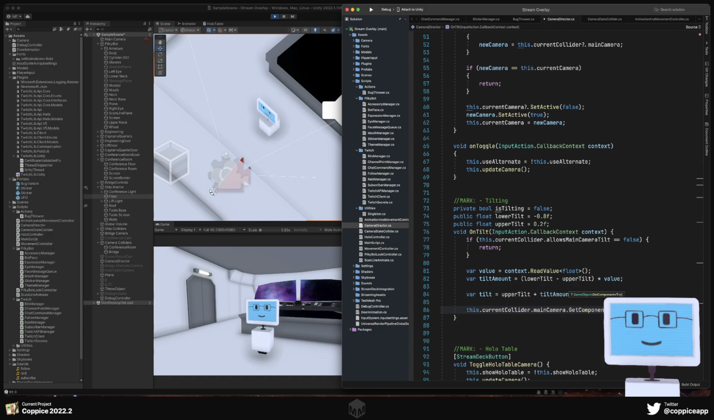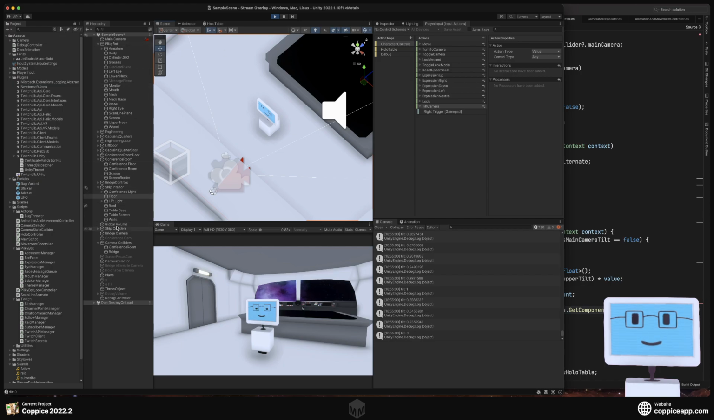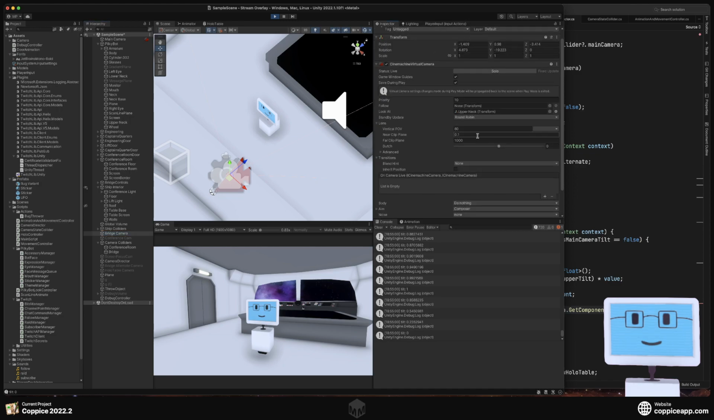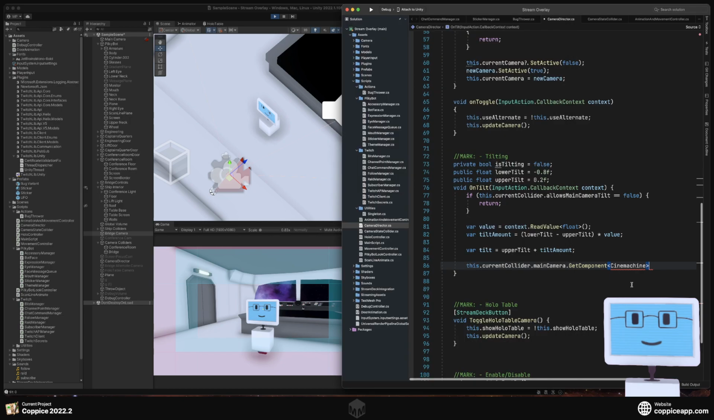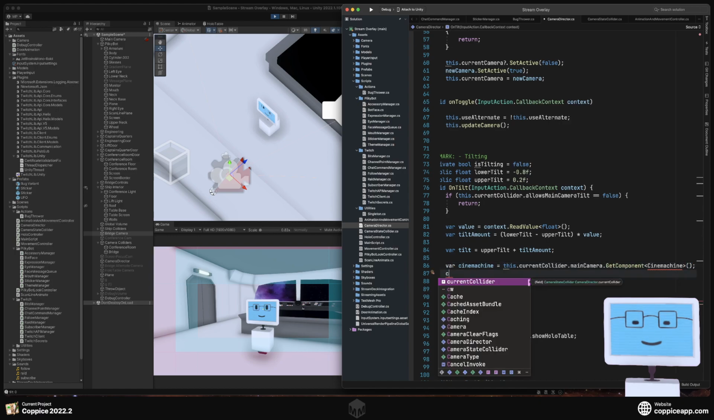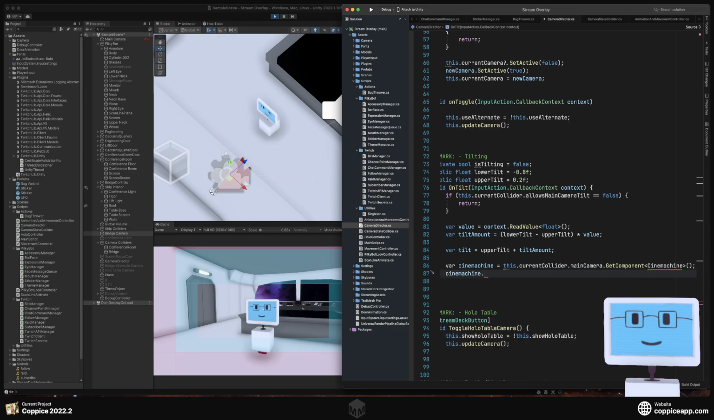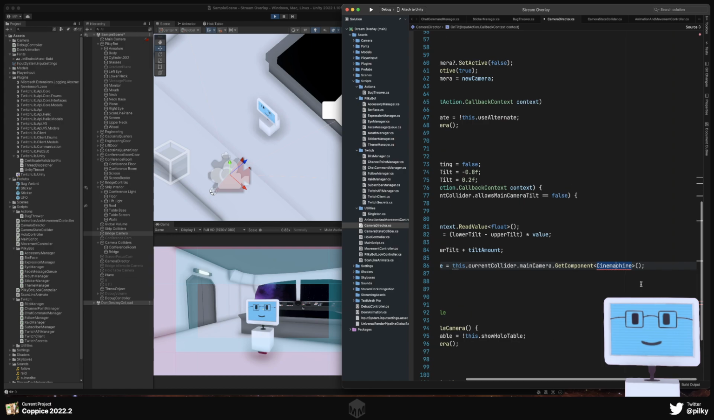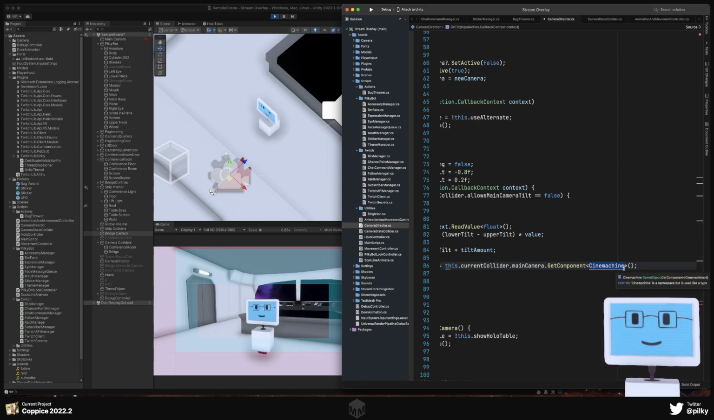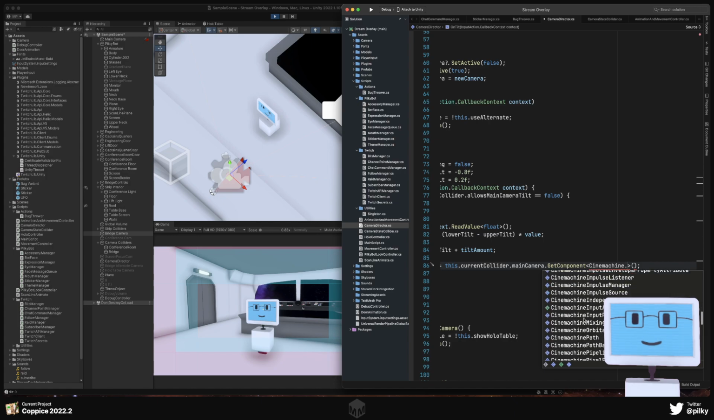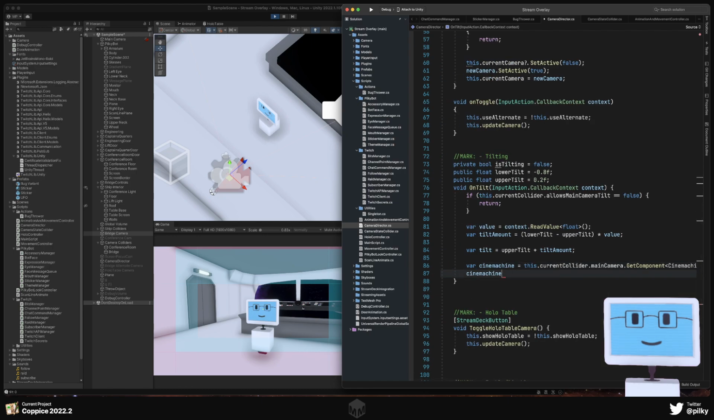GetComponent in the machine. Then go machine, that do port, also send machine.virtualCamera, machine virtual camera dot